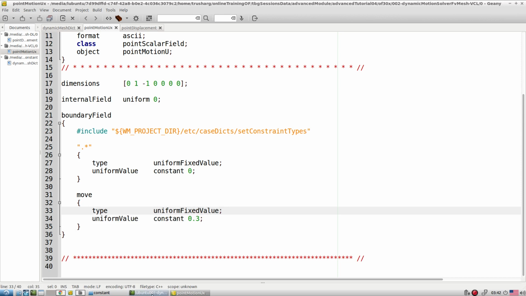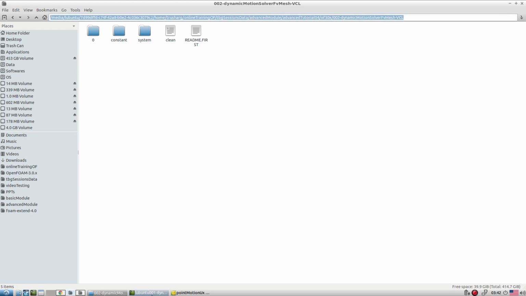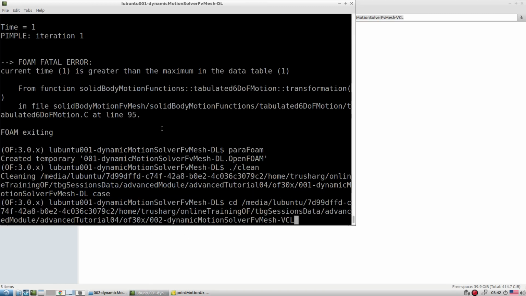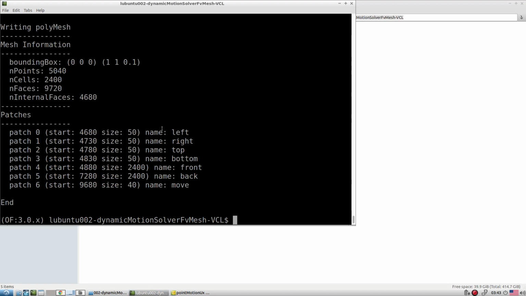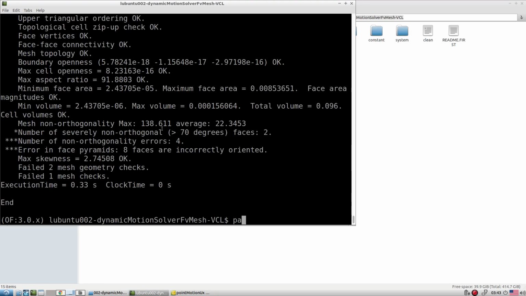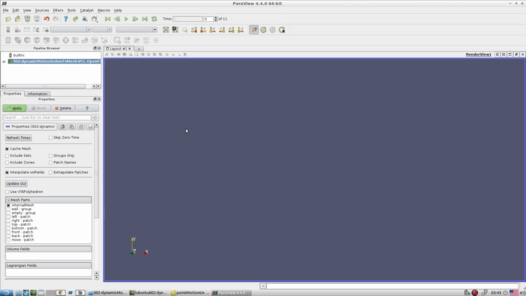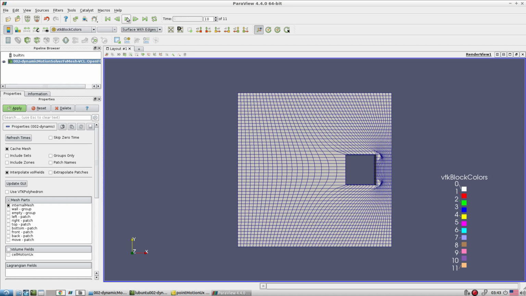Okay, so let's quickly run one test case so you have an idea exactly what is happening here. Let's go to the folder, generate the blockMesh, and try to run the case. Then paraFoam. This is again the same test case, but it is going in one direction.